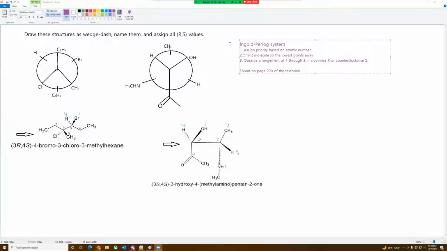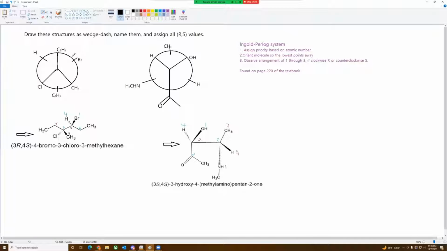So my question at the top left here was: draw these structures as wedge dash, name them, and assign all R and S values. Here, as you can see, I was given these Newman diagrams. And then below, I actually use ChemDraw for these, but we'll go over that in a bit. From the first one, I initially started with just drawing it, and this is what I came out with